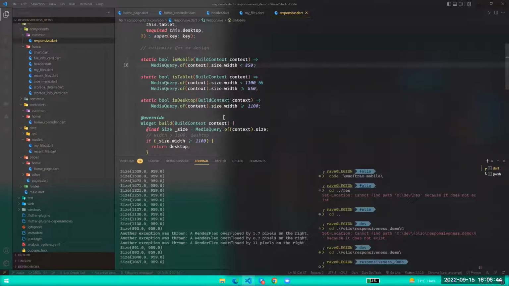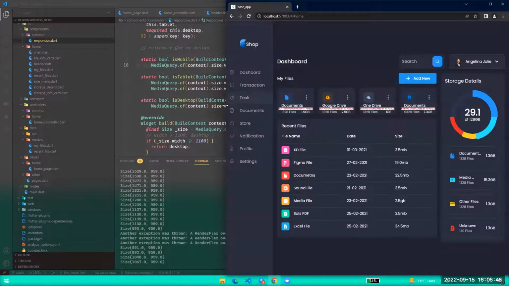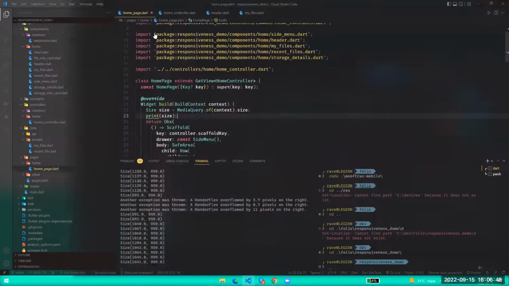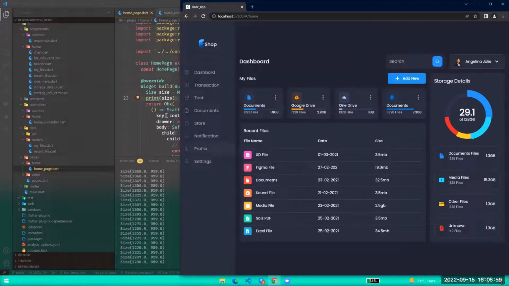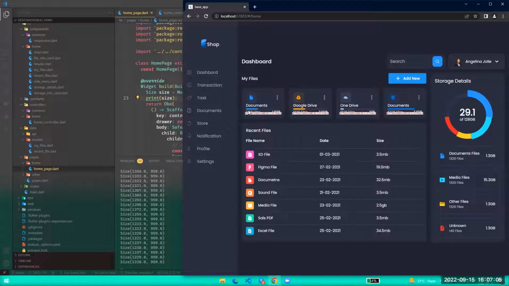So these are the two things we need to get started in order to make our app responsive. Okay, so now let's actually make this app responsive. As you will see, up to here is fine. So I keep on making it smaller and smaller. And this is kind of how you start making your app responsive: you try to break your app. So if I make it around here, you will see that this